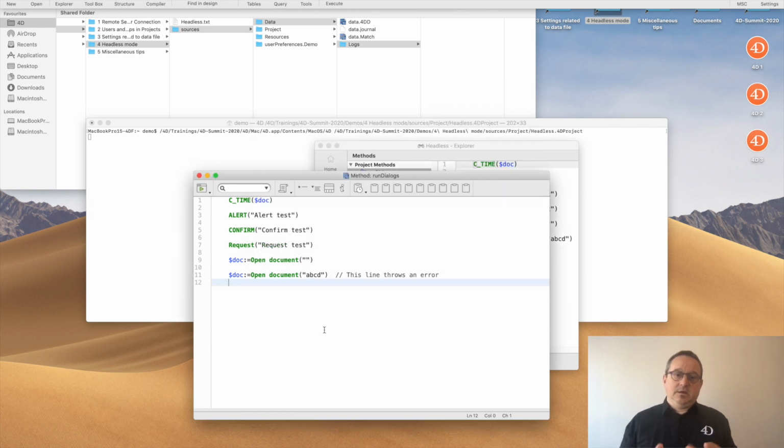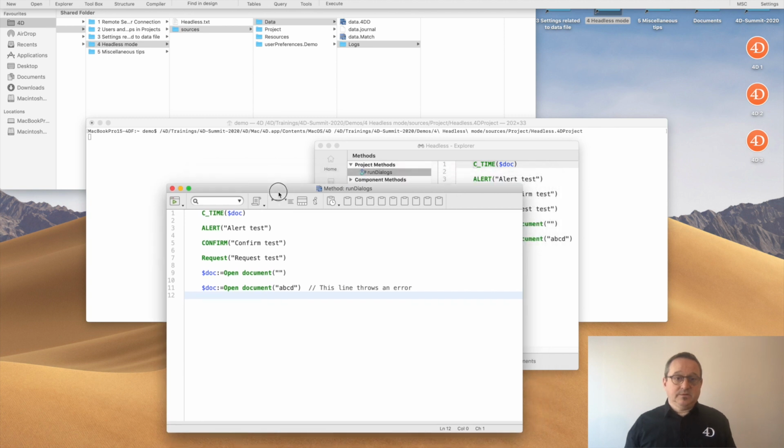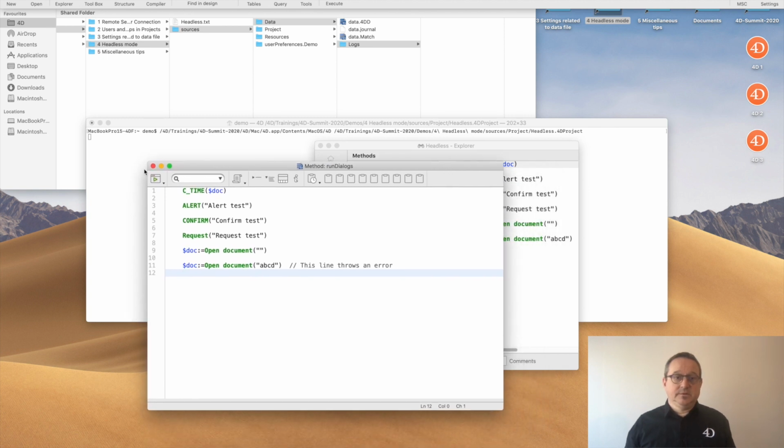So if this method is run in headless, before v18, your application will be blocked because the alert is displayed, and you can't interact with the application. You can't click on the OK button. So it wasn't easy to use.